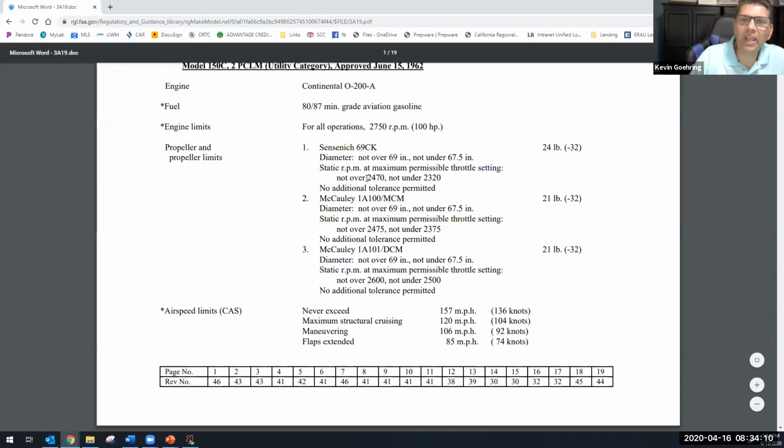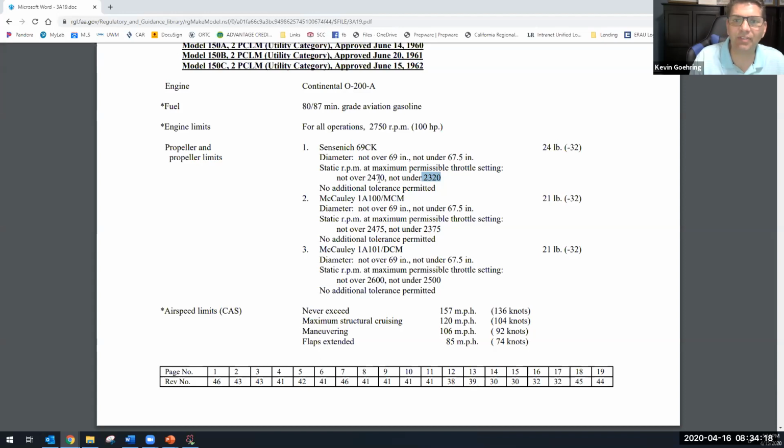I have this range of 2470 to 2320, and as long as I'm within that range, I'm completely legal. I can do whatever I want. Notice it doesn't have any sort of pitch or blade angle. It just says it's got to be 69 inches to 67.5 and somewhere within this range. And if I say to myself that I want my airplane to go a little bit faster,